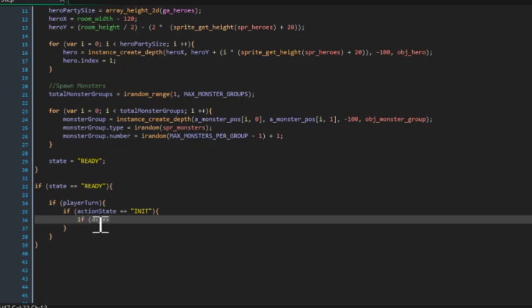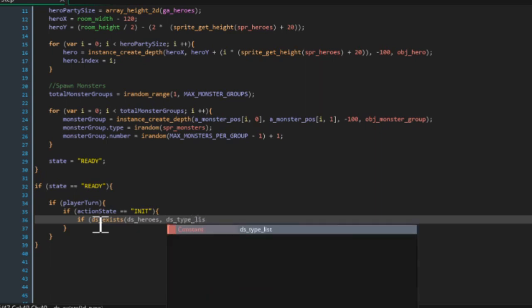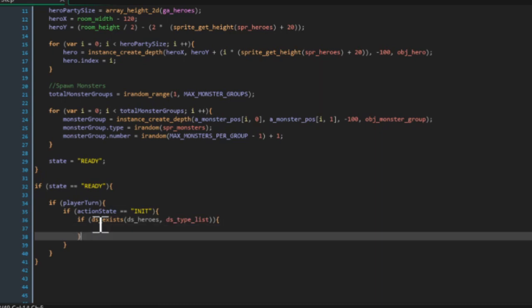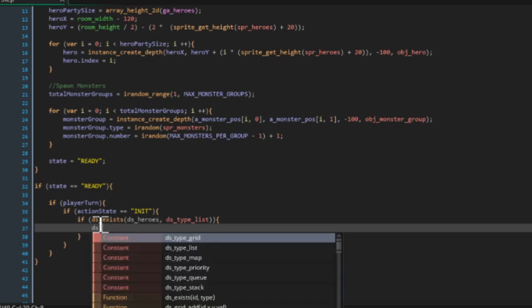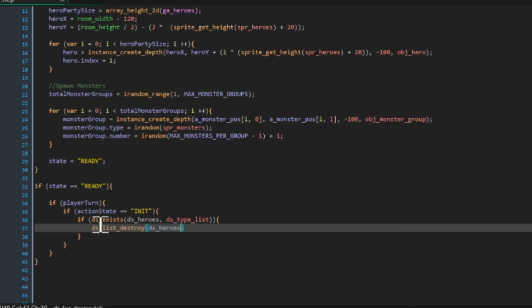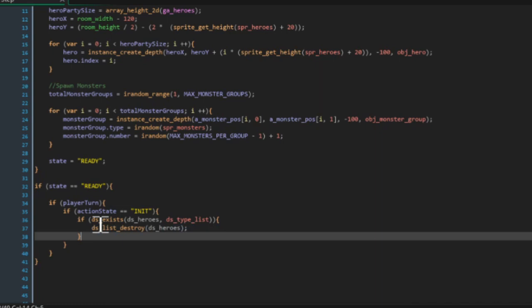If DS exists, DS Heroes, and it's DS type list, if it exists, then delete it. DS list, delete or destroy, sorry, DS Heroes,